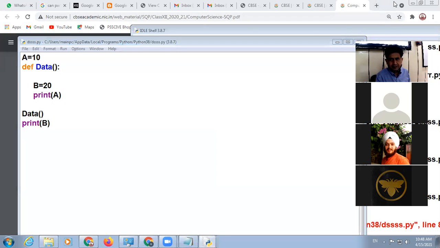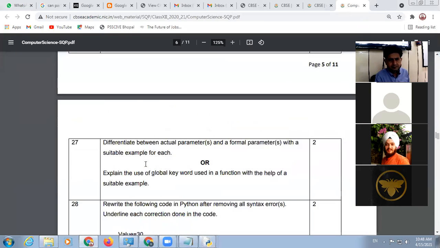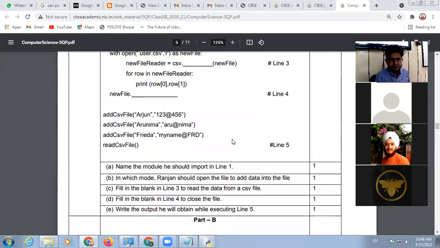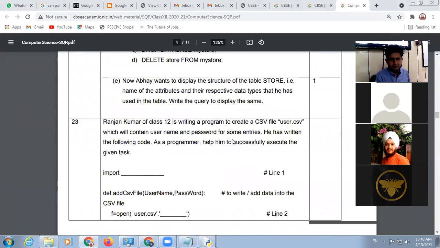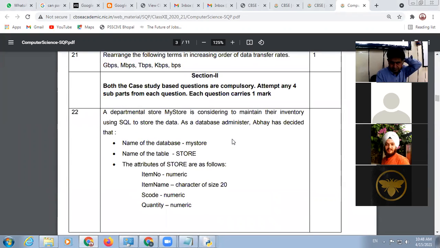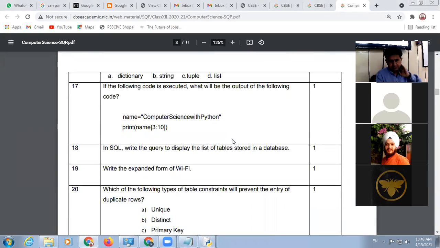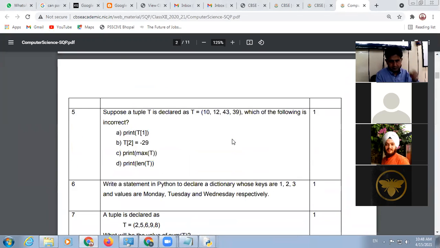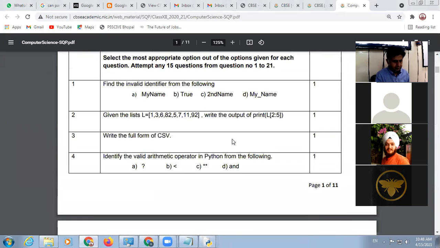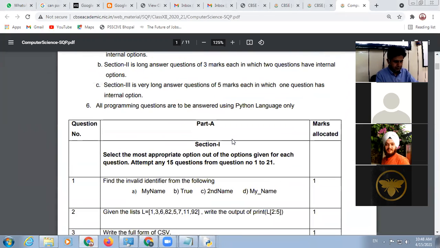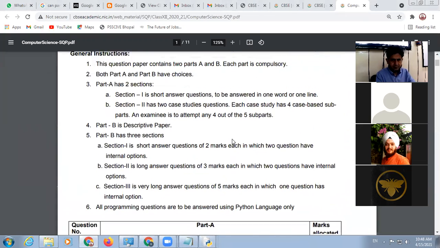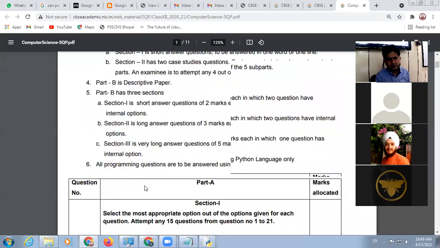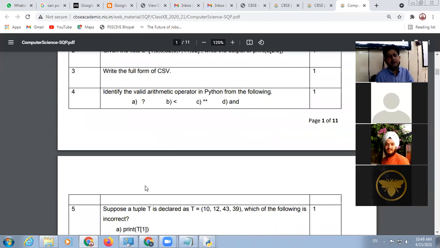So next is, in this sample paper, these are questions from functions.